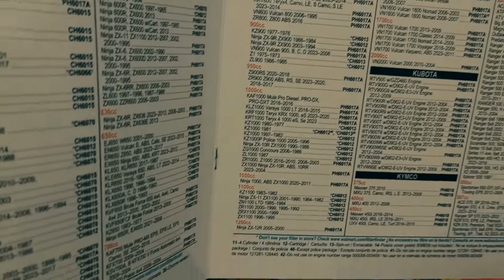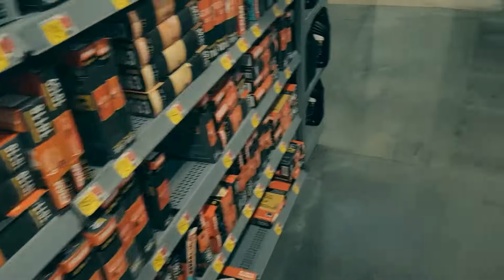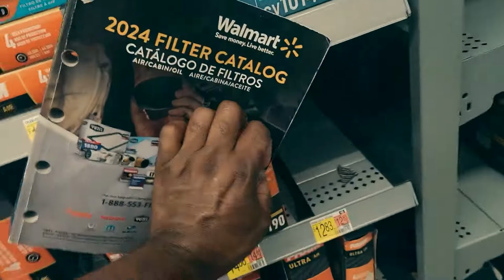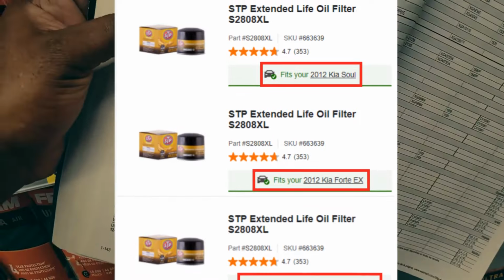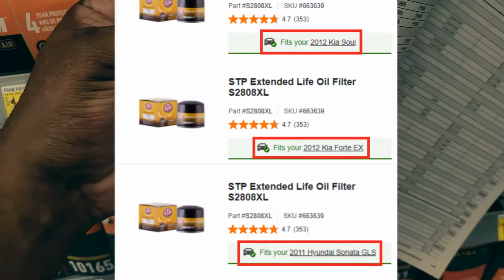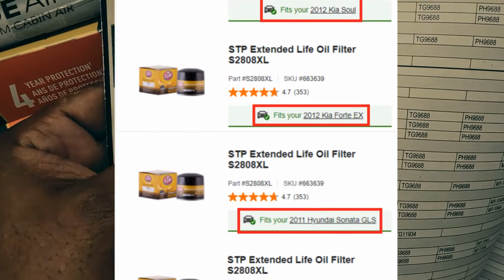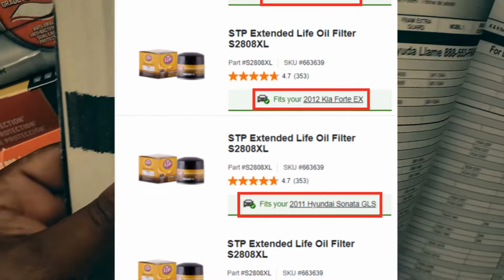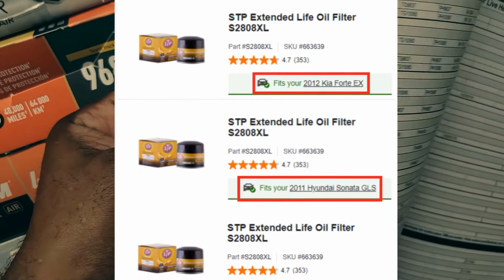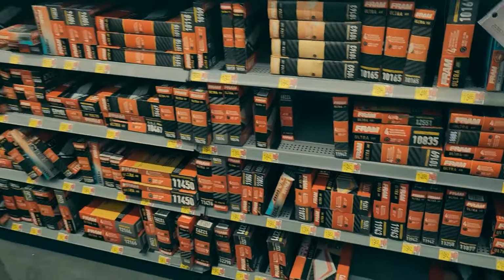You'll start to see a pattern start to form there. You'll see that a lot of these parts are interchangeable between vehicles. For instance, you'll see an oil change filter for a Kia Soul, right? You'll see that same oil filter can also be put on a Hyundai Elantra, and even a Hyundai Sonata, and even a Kia Forte. Hopefully that helps explain why there's multiple vehicles with various manufacturing dates all listed in the